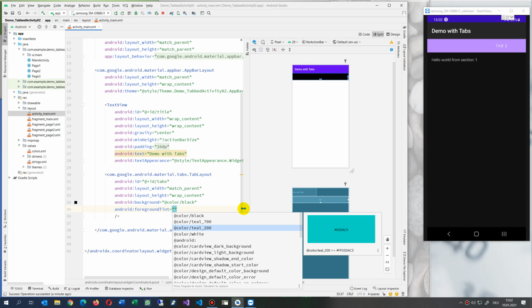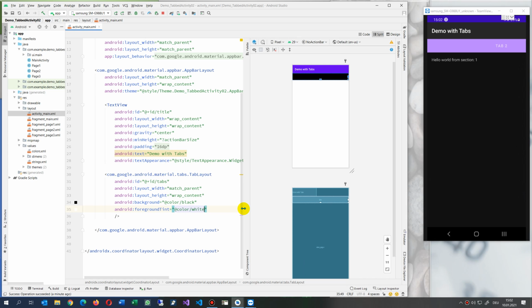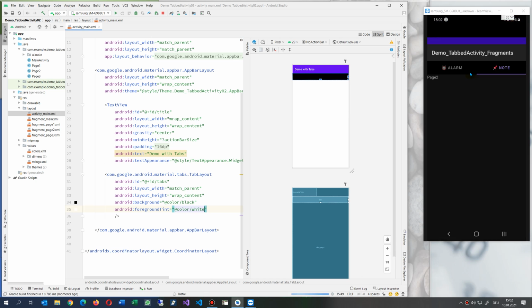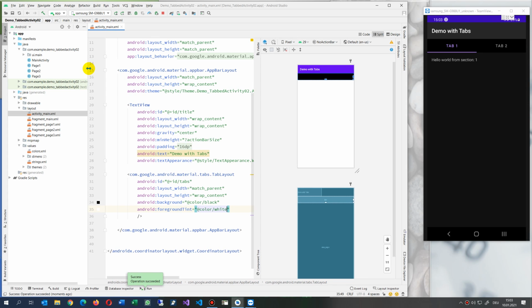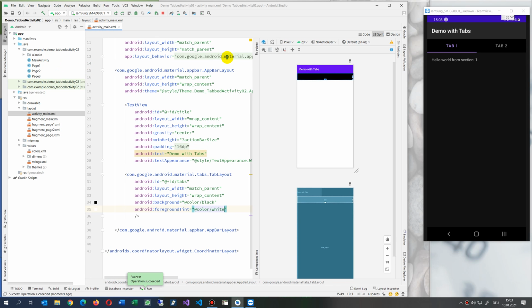Foreground is, for example, white or something like this. Now when we run it again, then it's a little bit more obvious how it works. Now we have this one, it's more readable, so we will see it a little bit better. Now this is all small stuff, and as we have seen, in our main activity we had something